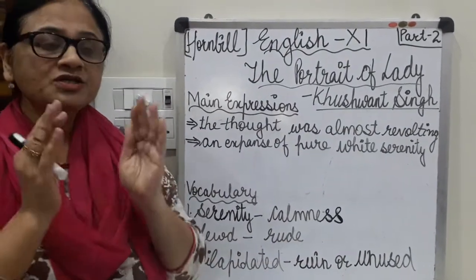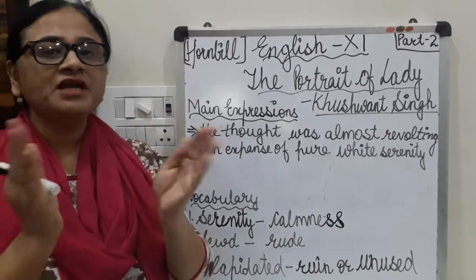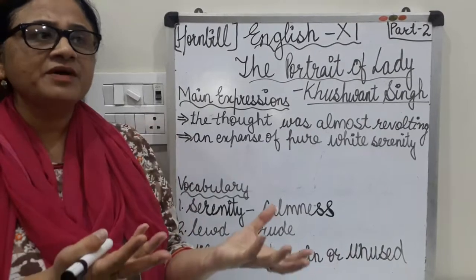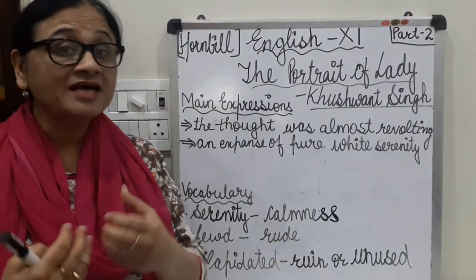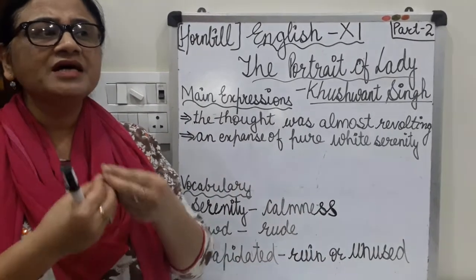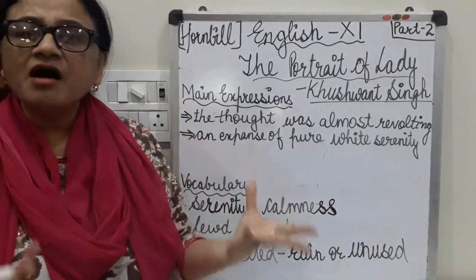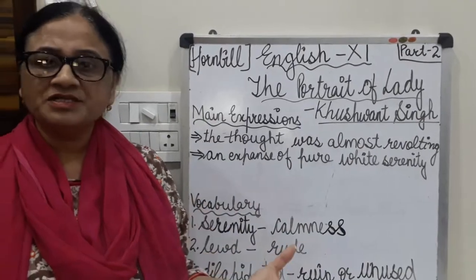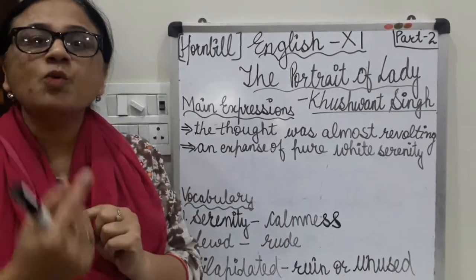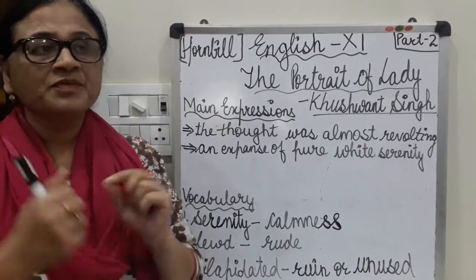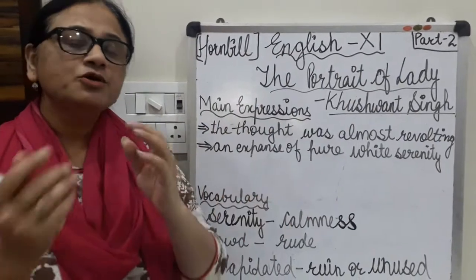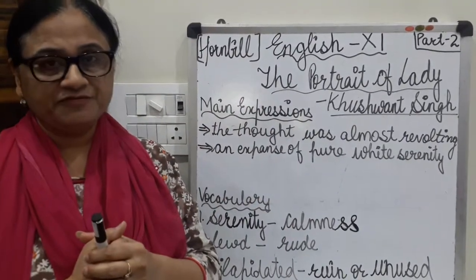They were living a very happy life, and in the family he had obviously seen his grandmother only in the old way. She used to wear white clothes, a white sari, white suits, and her hair was totally grey. Grey means white hair. So with his parents and grandmother, Khushwant Singh was leading a very happy life.